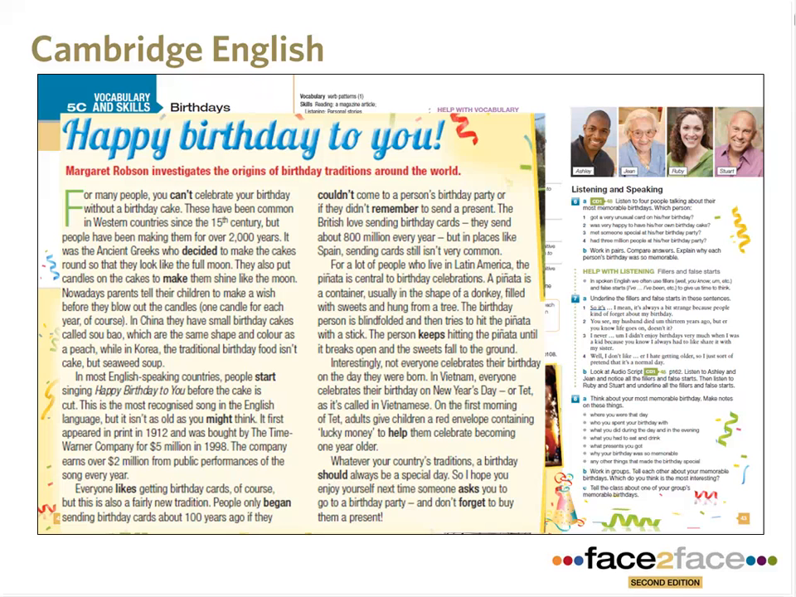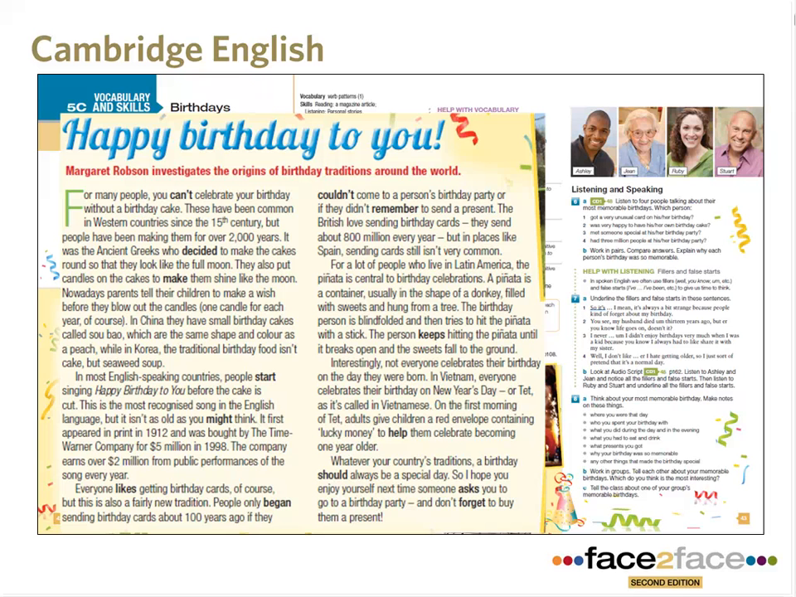The reason that they're round was the ancient Greeks decided to make the cakes round so they look like a full moon. And they also put candles on the cake to make them shine like the moon. Okay, so as you might expect, students are asked to read the text twice for content, ordering the pictures, answering questions. And as you can see, some of the verbs are in bold, which leads into the vocabulary stage of